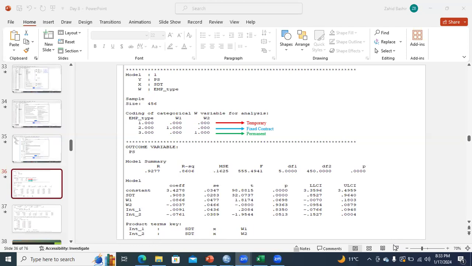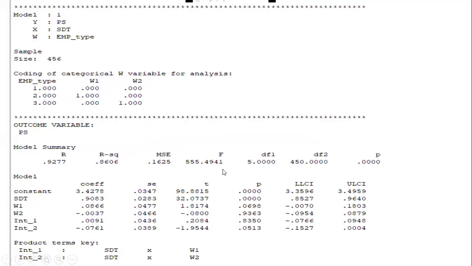I was letting you know that there are three categories of our moderating variable. The first one is temporary employment type, the second is the employment type with fixed contract, and the third is the employment type with permanent. So if we consider the employment type as temporary, the first dummy variable would be 0, and the second dummy variable would also be 0. But if we consider the second category of employment type as a main variable, like fixed contract, the first